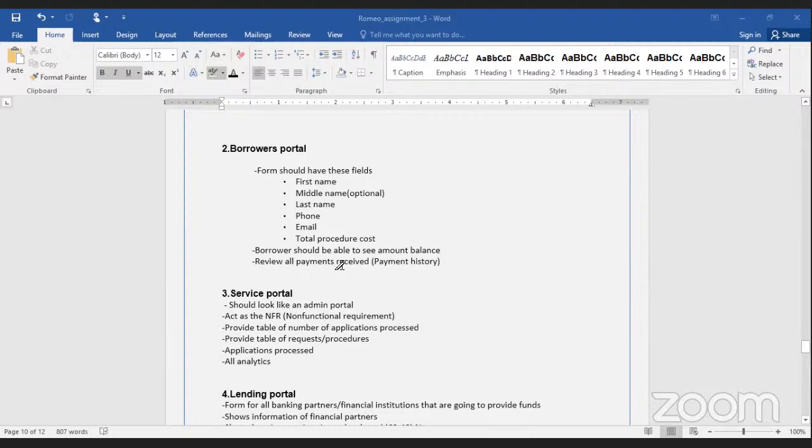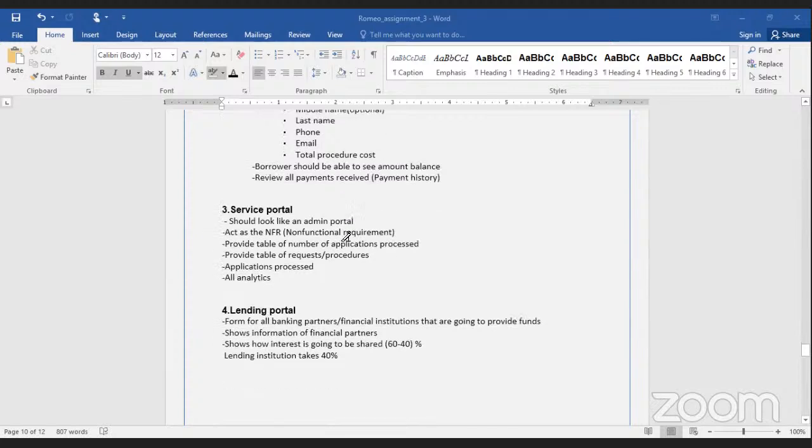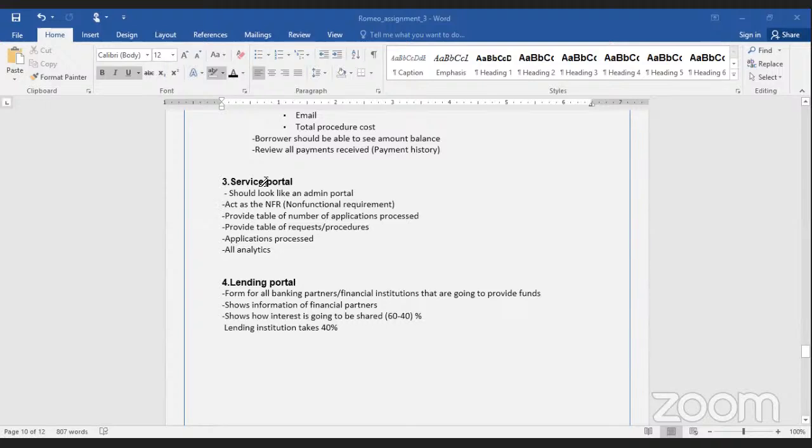Then there's the services portal. For the UI requirements in that portal, we have a lot of tables showing how applications are going to be processed, and a table to show all requests, and so on and so forth.